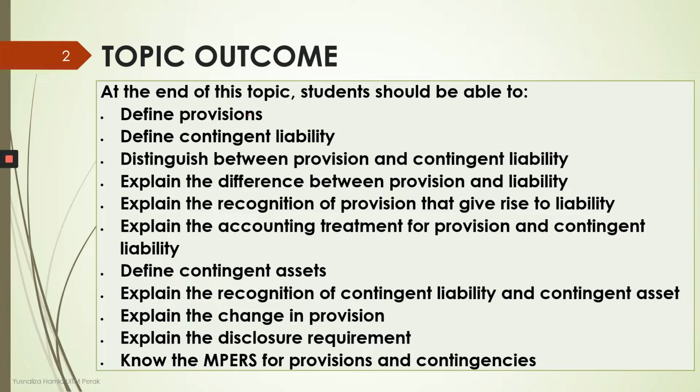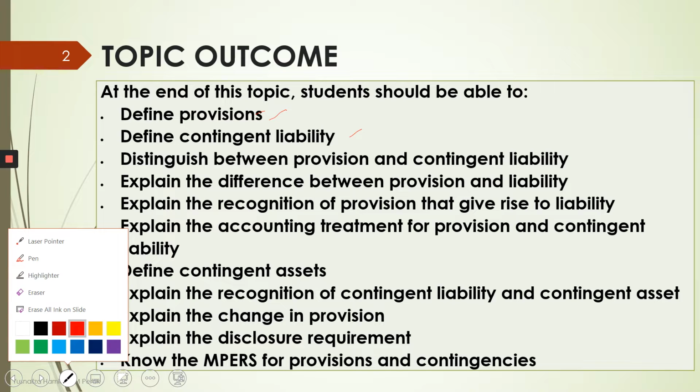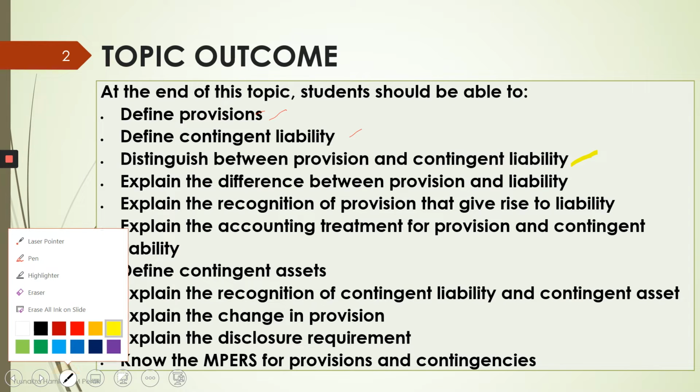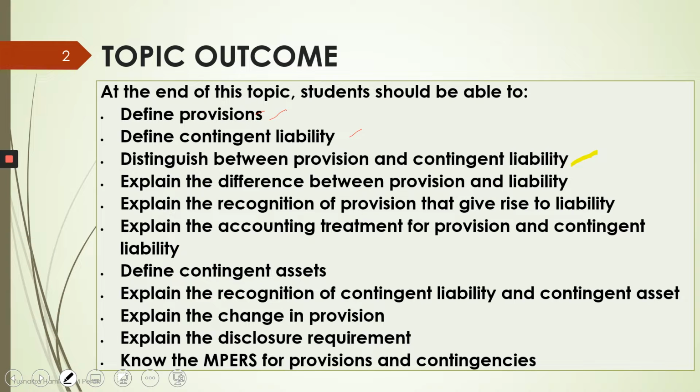You should be able to define provision, define contingent liability, distinguish between provision and contingent liability, the difference between provision and liability, recognition of provision that gives rise to liability, accounting treatment for the provision, and contingent liability, define contingent asset, explain